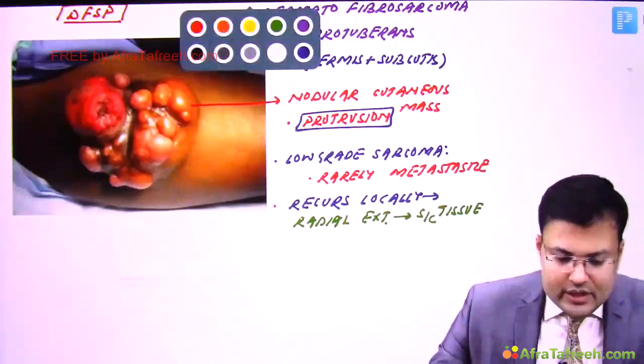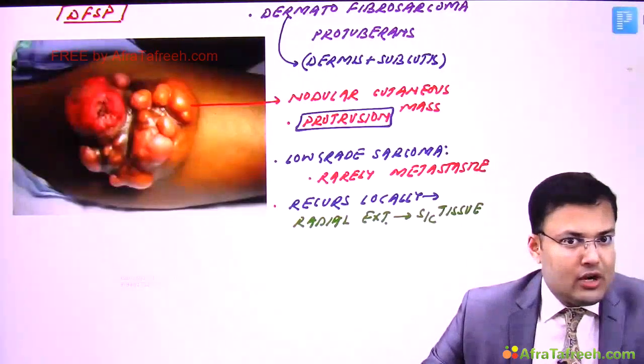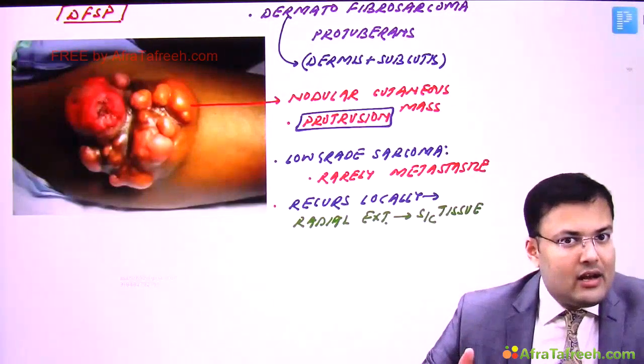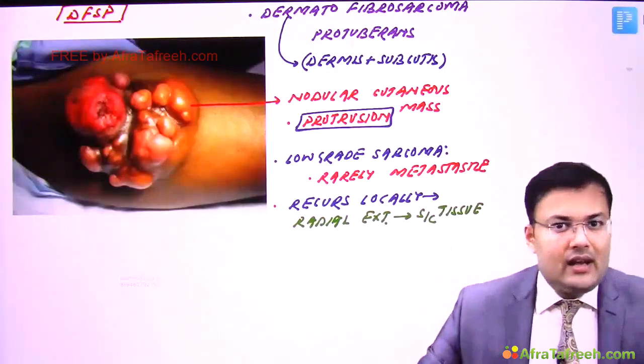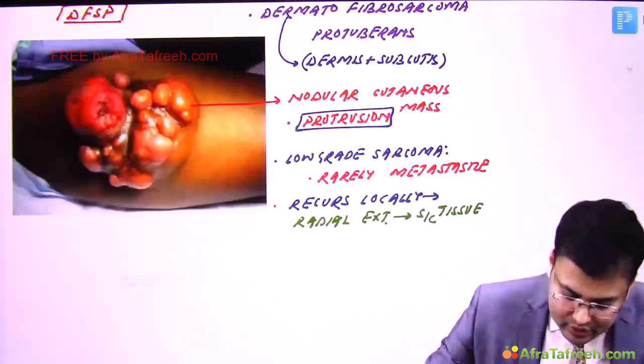Next question: what is the most common site? If you see the most common site, it is the trunk. After the trunk, it's the extremities, and after that, head and neck. Clear? So the most common site,